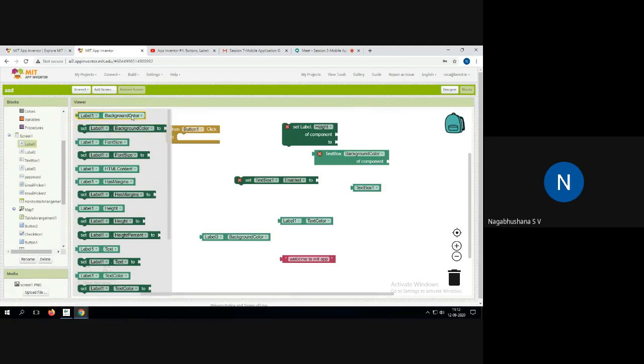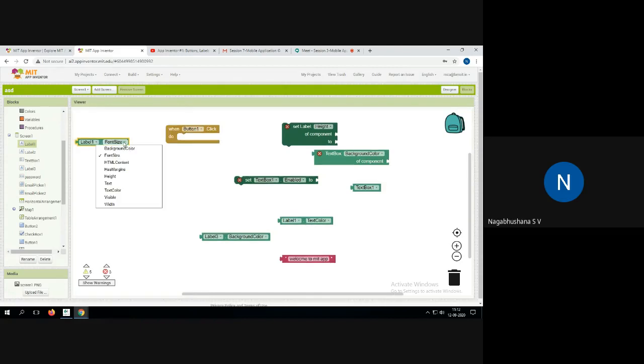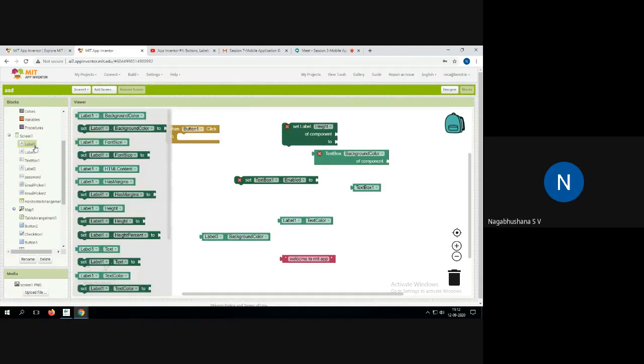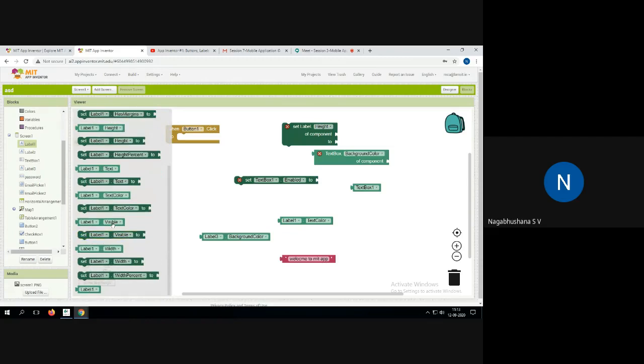I can set the label background color, I can set the font size. If I want to have margins, I can put them. I can increase the height percentage, or I can give a text. I can make the text visible or not visible. I can set the width of a label in terms of percentage as well as the normal thing.